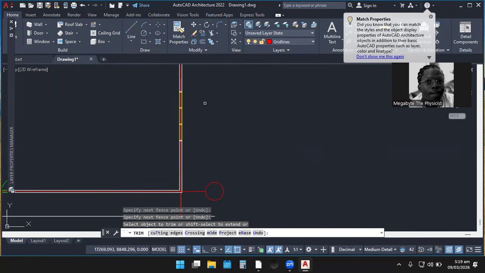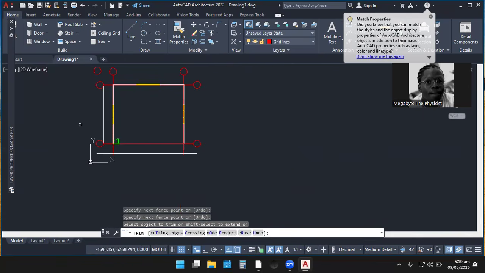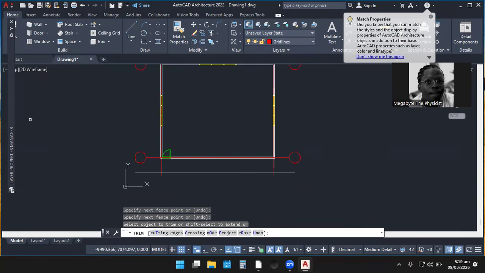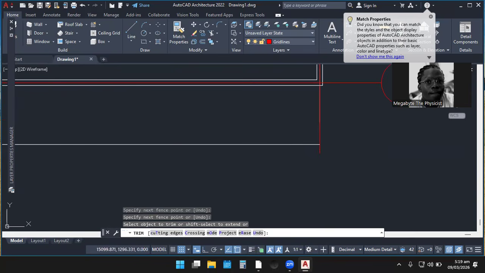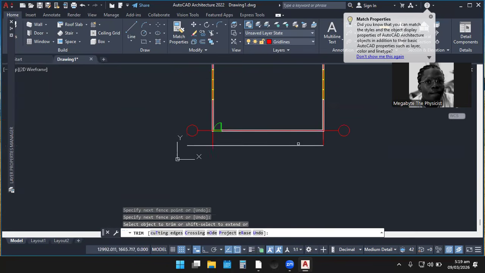See, I now trim the unwanted parts. I'm now trimming the unwanted parts as you can see. We are not done. It's left with a few. So I want to trim this part off even before I go and bring the other one.